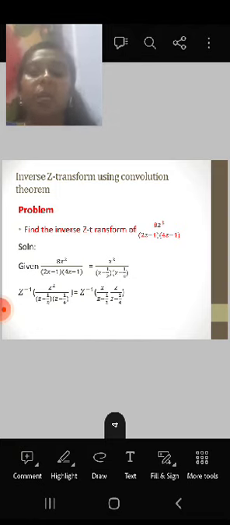Now first of all you have to take the given function. Here the given function is 8z square divided by (2z minus 1) into (4z minus 1). Now from the denominator, take 2 as common from the first factor and 4 as common from